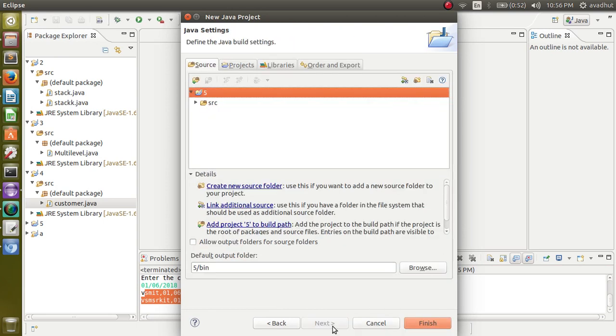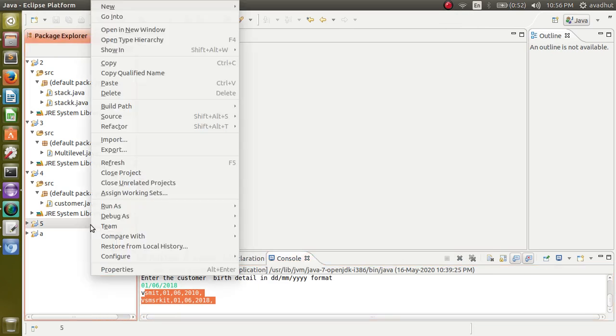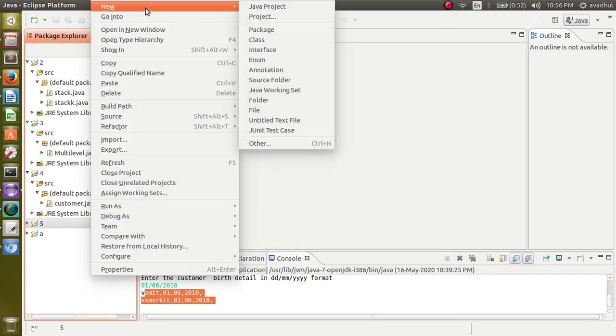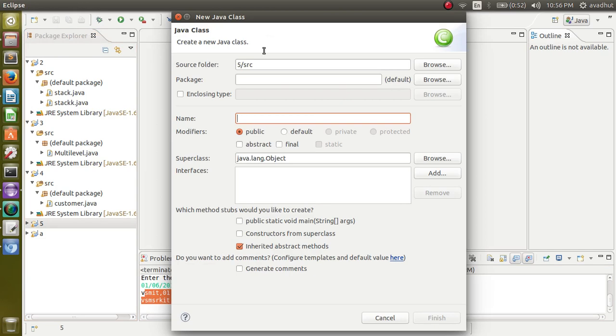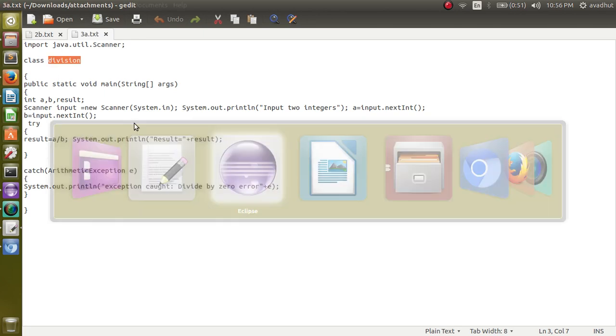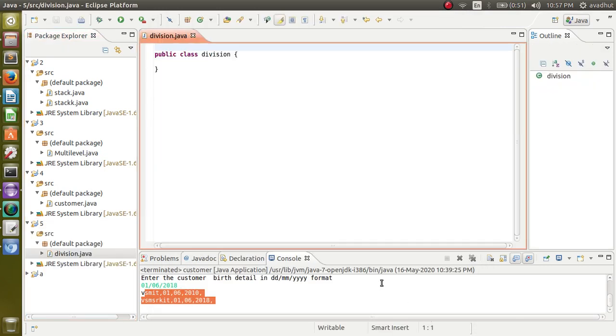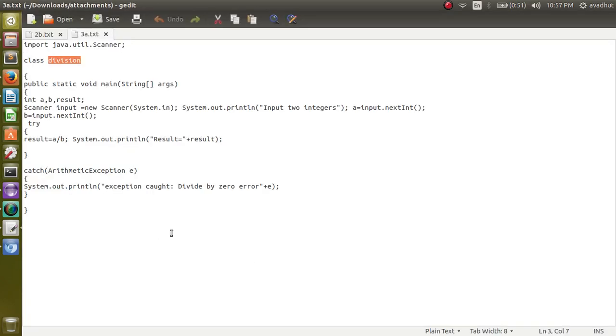Next, finish, then right click, new class. What should be the name of the class? Here only one class is there, division, in which we have the main function. So I am giving that as the name of the class.